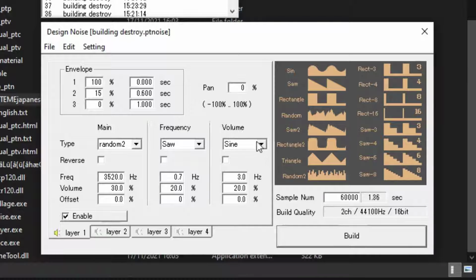And then I've got some volume automation. So a sine wave, 3 Hz, doing a little bit of tremolo, basically. If I change this to 100, there you go, it's proper tremolo. You can go back to 20. And then, yeah, I've got other layers doing similar stuff. Layer 2 and layer 3, they're panned to the right and to the left, with slightly different fade in and fade out times, 0.2 seconds, 0.3 seconds. So if we play them together,